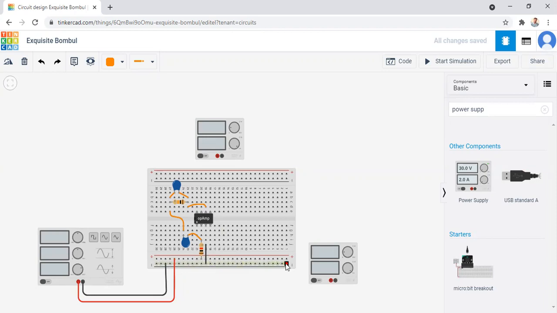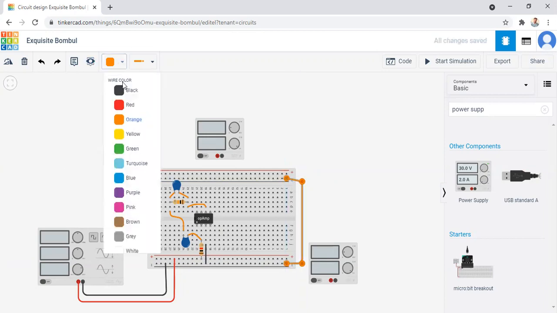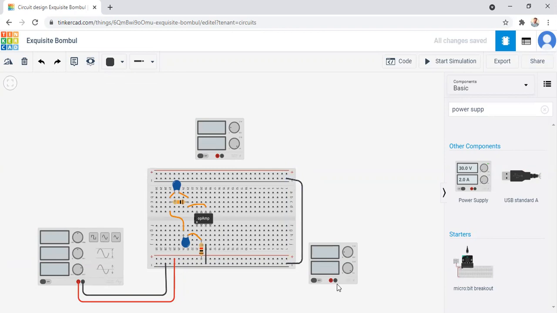Okay. So as negative is common, that's why we connect the negative layer of horizontally shorted slots together. Okay, and now giving the color to the wire black. And for giving the negative power supply, we make the opposite polarity.